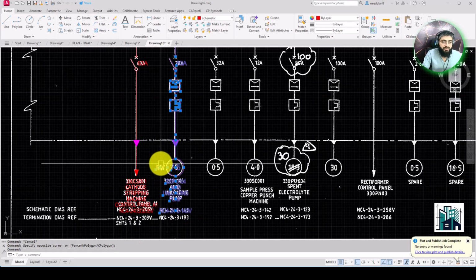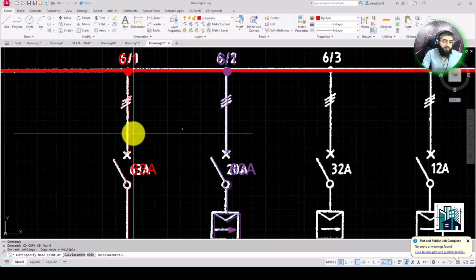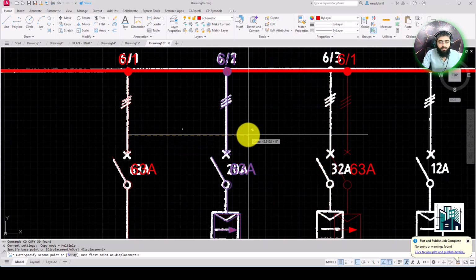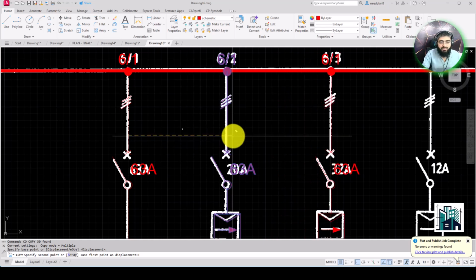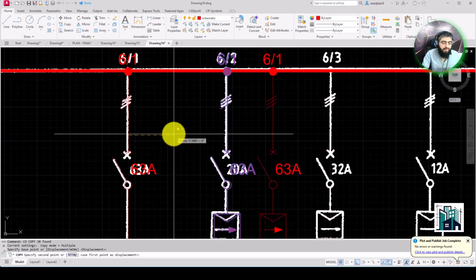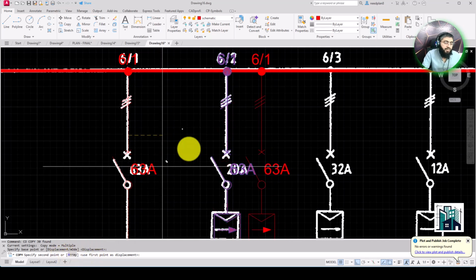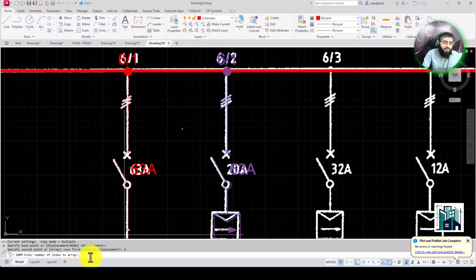Or you have another option to make multiple copies of these objects. CO, enter, select any point of this line, and then go further to this point. Before you click this point, you just have to enter A, because here you will see the array. So A, enter, and then give the quantity, how many lines of this type you want to create.